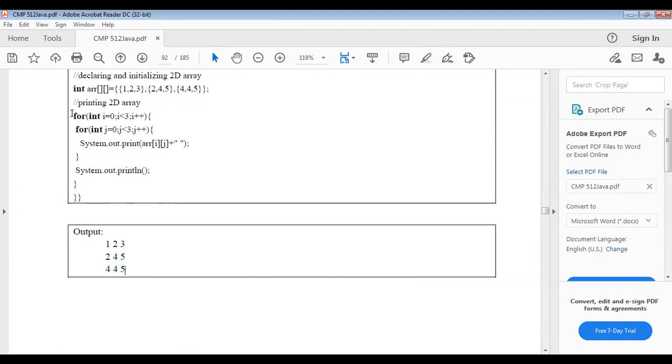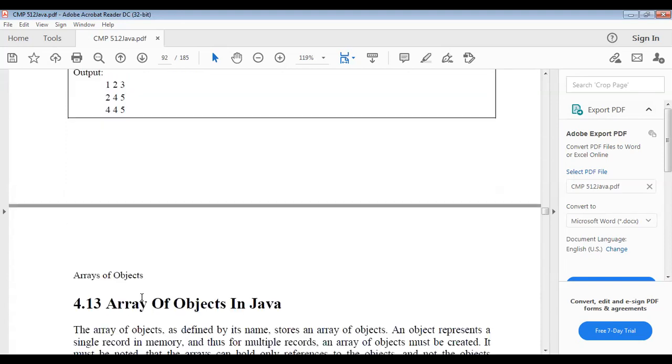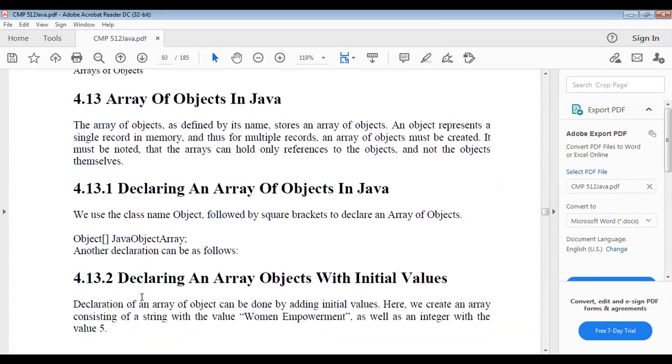A for loop is used there to put the data into the matrix of the array. Next we can see the array of objects in Java. An array of objects is defined by its name and stores an array of objects.